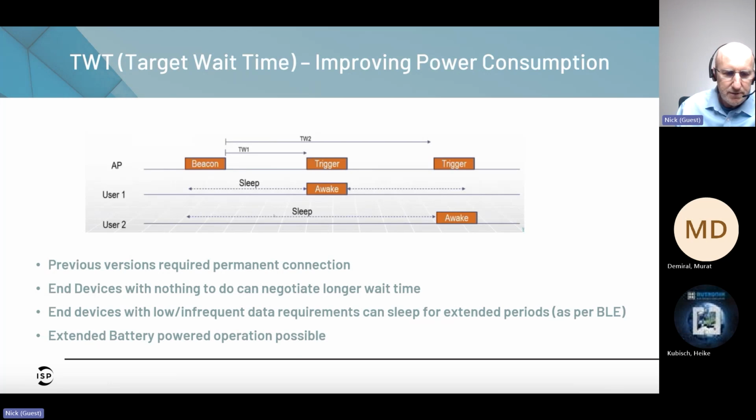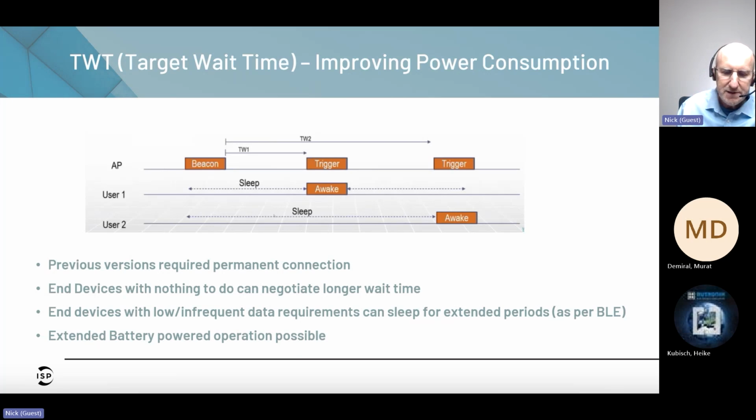End devices can also just choose to sleep as long as they want and then wake up and contact the access point. So in this sense, this allows Wi-Fi devices to behave a bit more like Bluetooth Low Energy, in that end devices with low or infrequent data requirements can sleep for extended periods. And obviously this is a massive